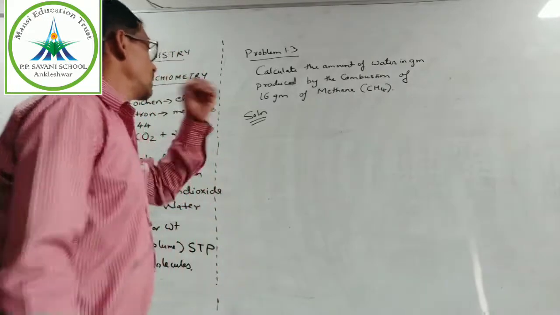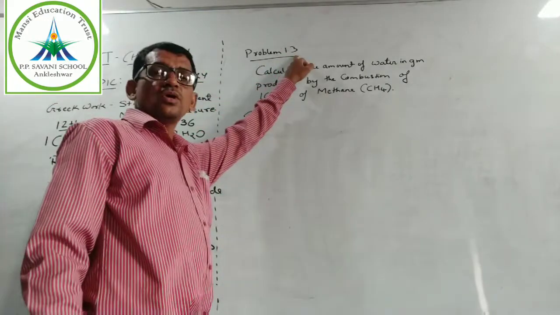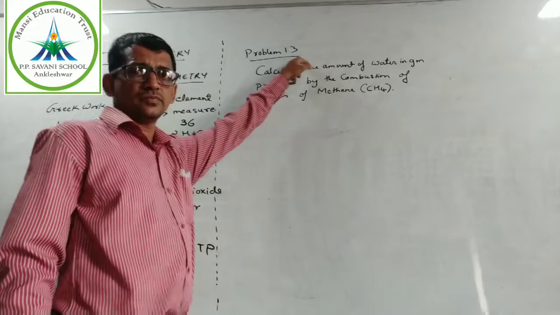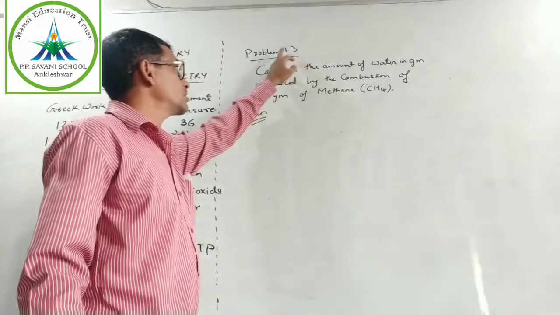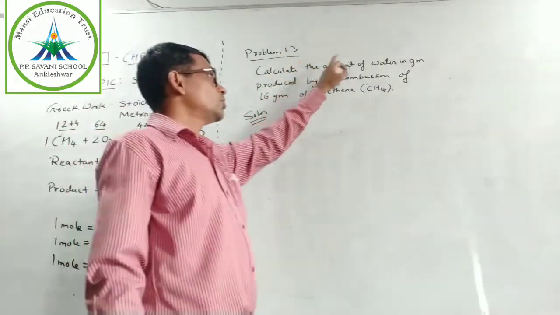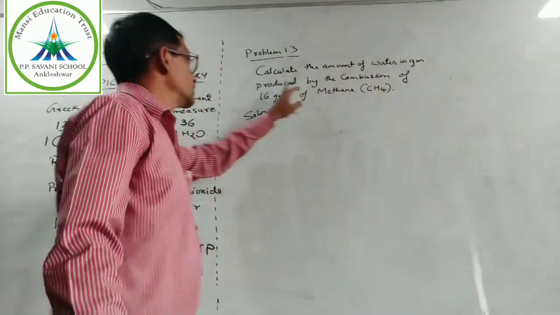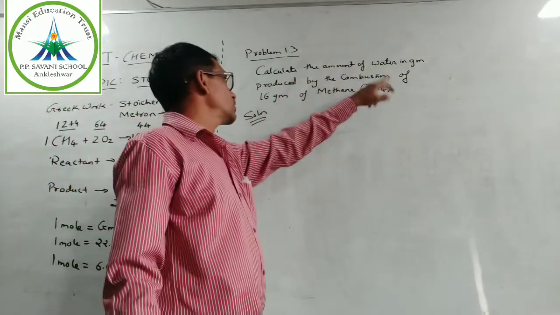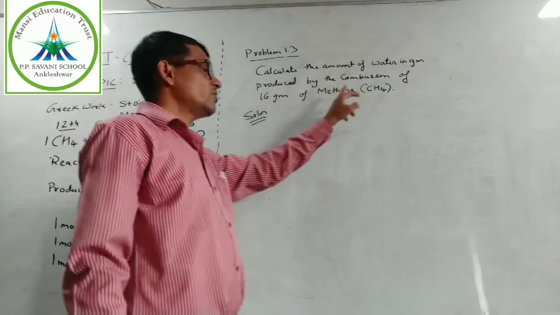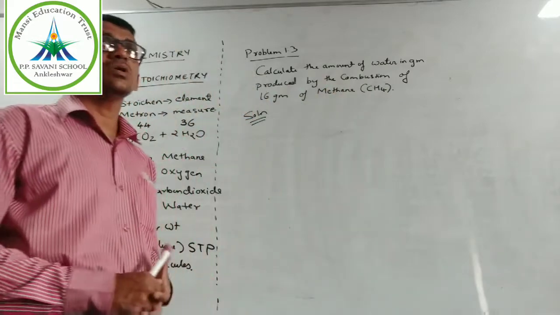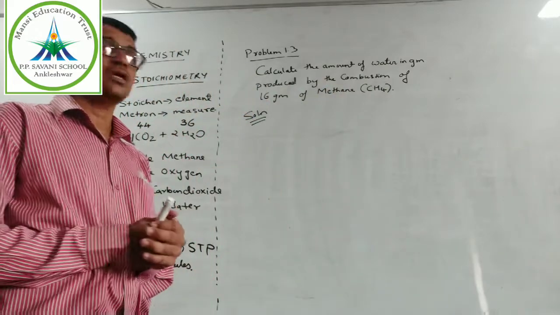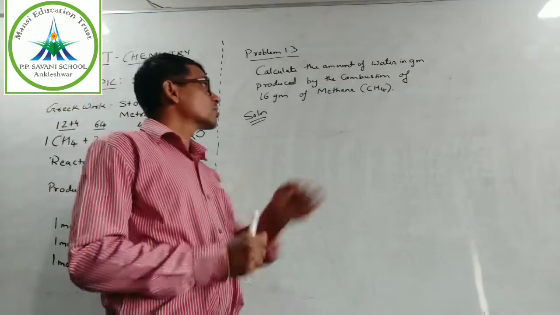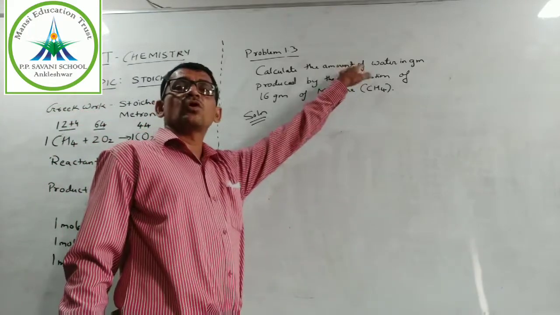Okay, first example, problem number 1.3 of your exercise, from your textbook. Calculate the amount of water in gram produced by combustion of 16 gram of methane. So combustion of methane is taking place and you have to find what is the amount of water produced in